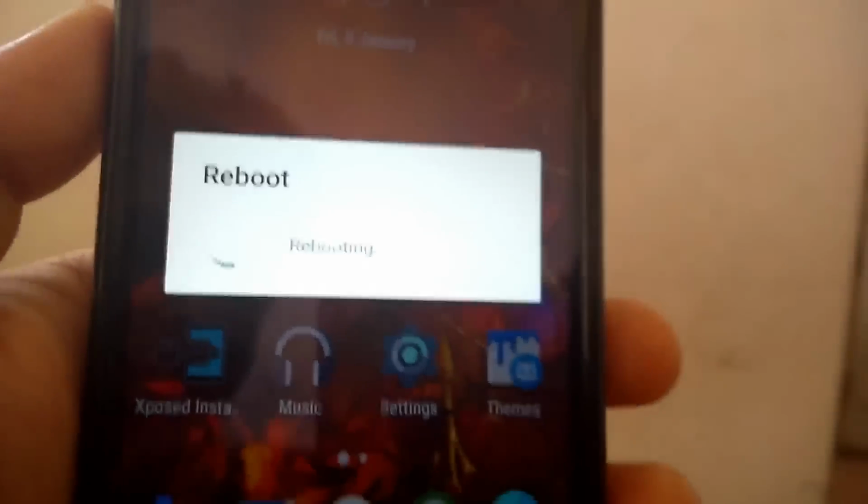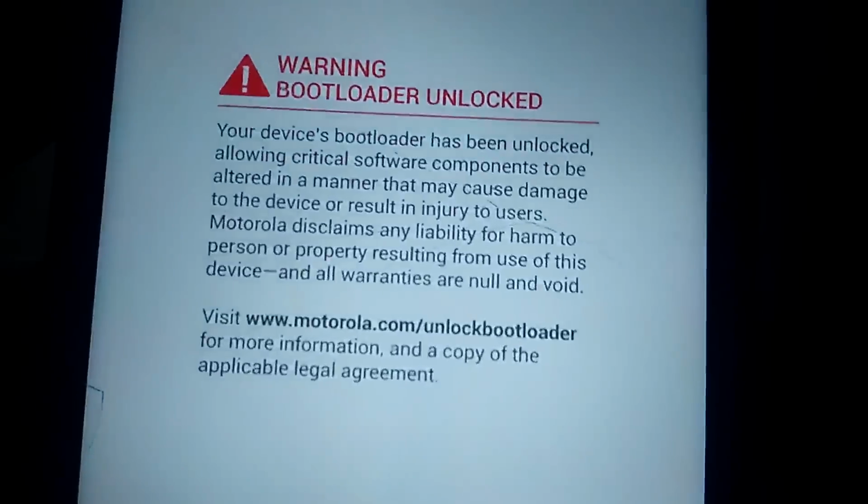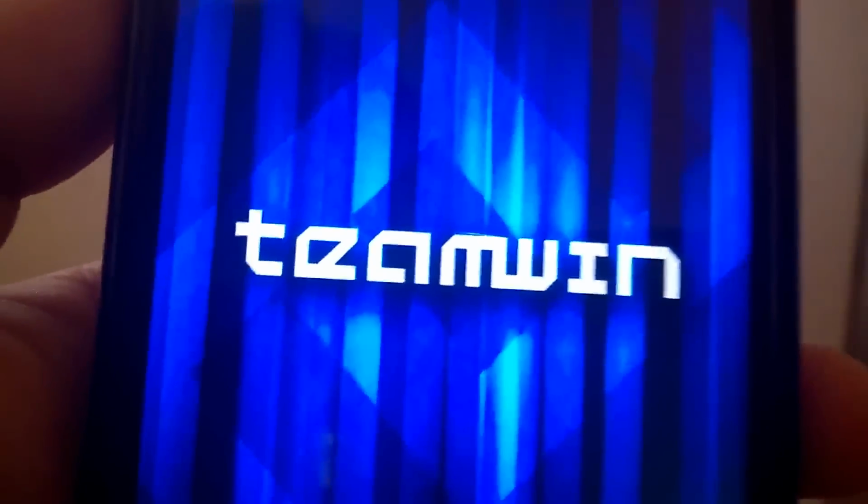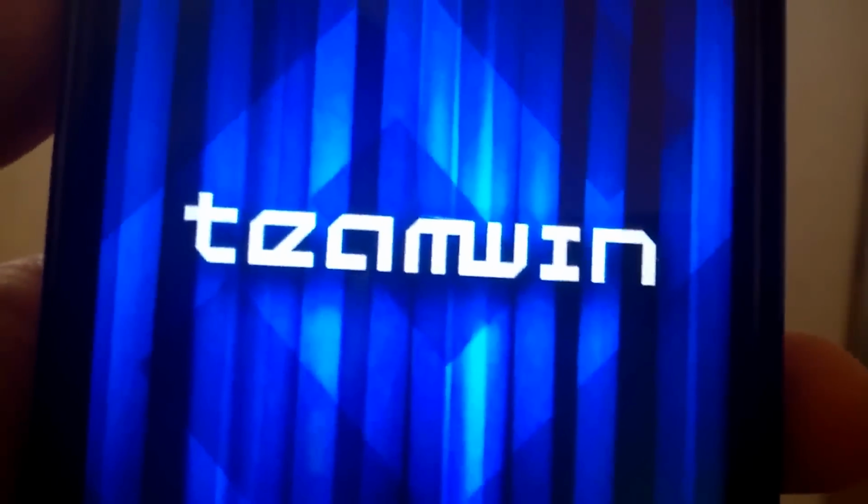I have already flashed TWRP recovery to flash the ROM. You can see it here. The bootloader is already unlocked and the TeamWin recovery.